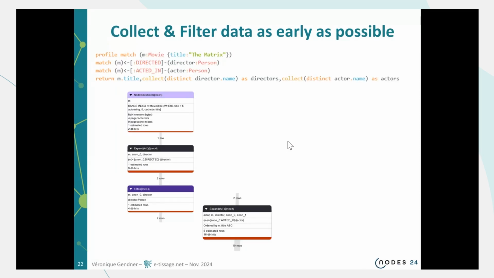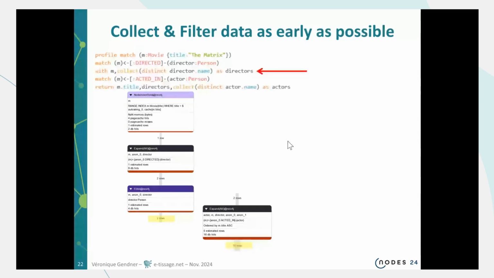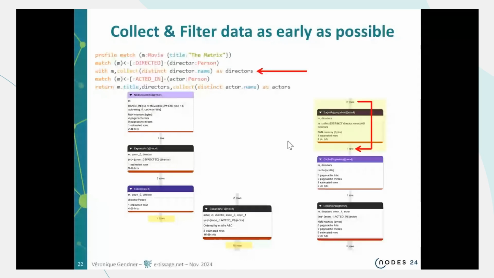One general rule you can keep in mind is the sooner you collect or filter, the fewer rows you get. Hence, you reduce the query processing time. For example, with our now well-known Matrix actors directors query, remember it first expanded to 2 rows, one for each director, and then this number of rows gets multiplied by the number of actors. If you move the collect directors part up, you reduce 2 rows to 1,